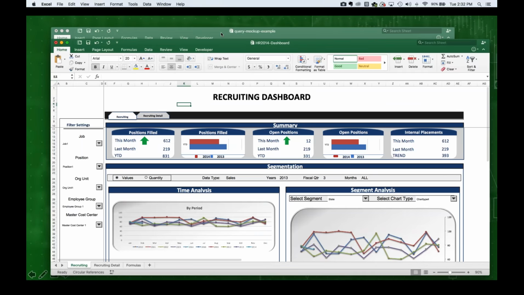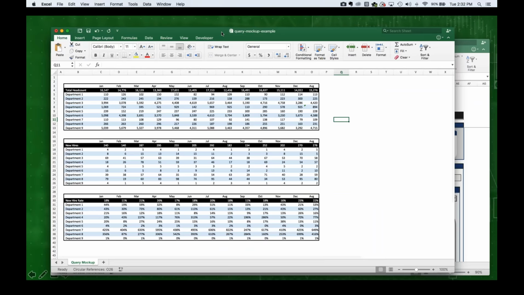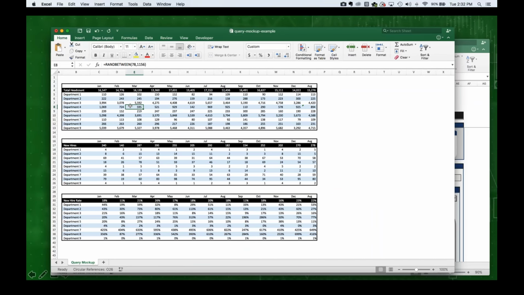Here's some examples. In this case, we're building an HR dashboard. You'll see I'm just using a RANDBETWEEN function here so that it automatically updates anytime I update it. More on that later as we get into the prototype. What I'm doing is creating a mockup of what the data looks like. Not only does this give the database developer, in addition to the requirements, an idea of the format, but it also gives me an initial data set to start prototyping. It gives me an idea of the percentages, et cetera.